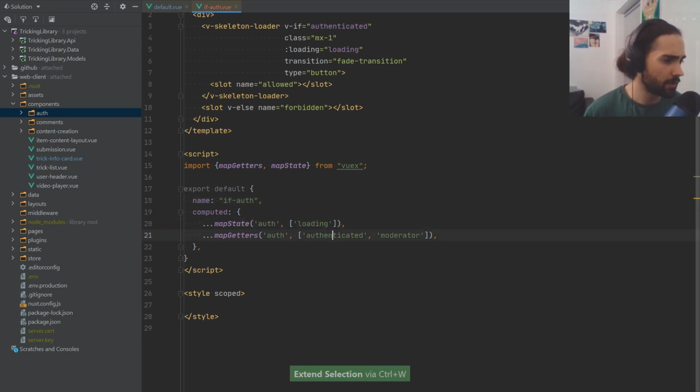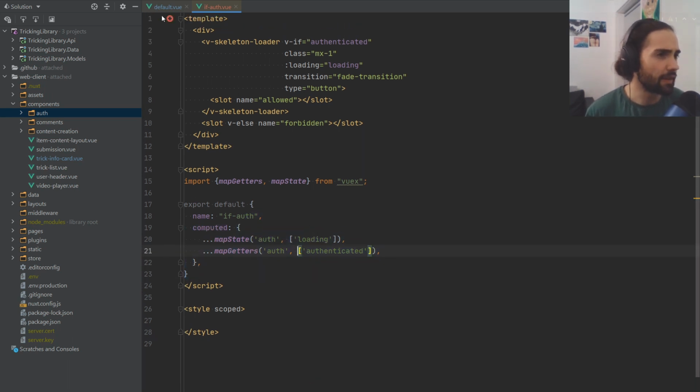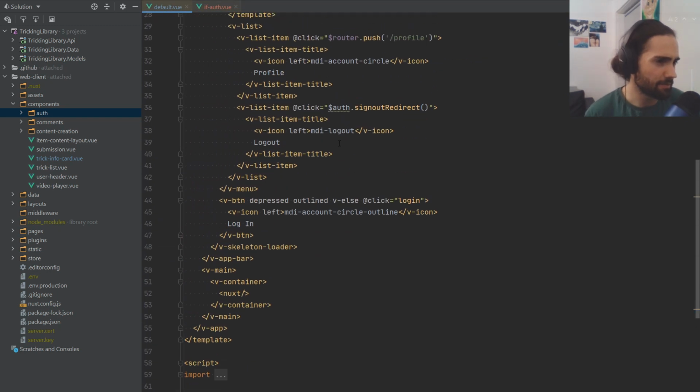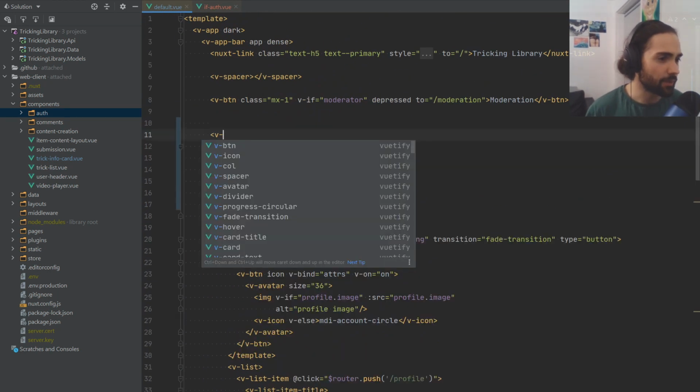The profile, don't need it. Moderator, don't need it for now. I think this is more than enough. Or yeah, more than enough, right? So if